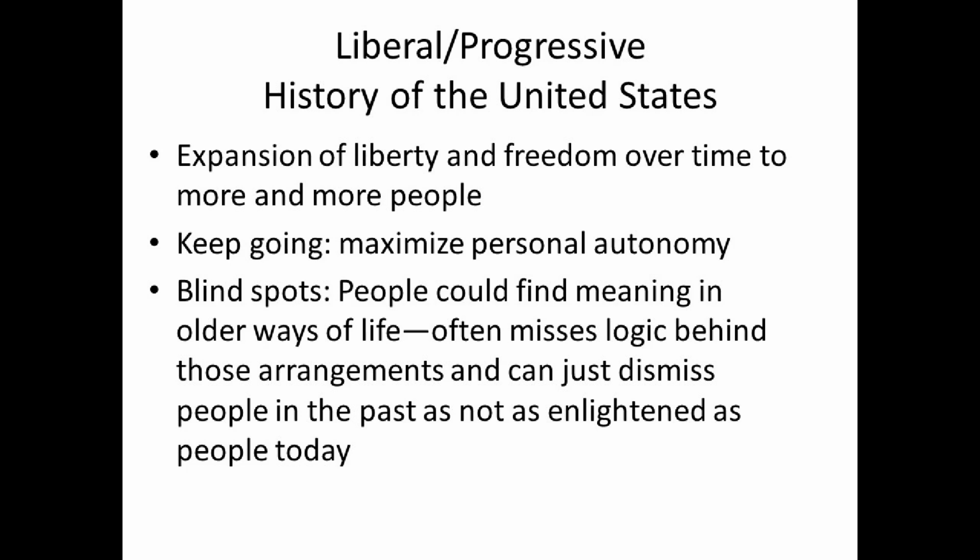And I believe Dr. Martin Luther King, in one of his speeches, referred to how a check had been written, but it hadn't really gone through yet. There had been this promise of freedom, but African Americans were still waiting for it. And so in this liberal progressive history, we start off with a big promise, but there are problems with how that promise of freedom was enacted. Over time, more and more people have gotten that freedom, and there's this idea that this needs to keep going. We need to maximize personal autonomy as much as possible. So that's another American history perspective that often goes to people who are on the left wing rather than the right wing, as we saw in the previous one.